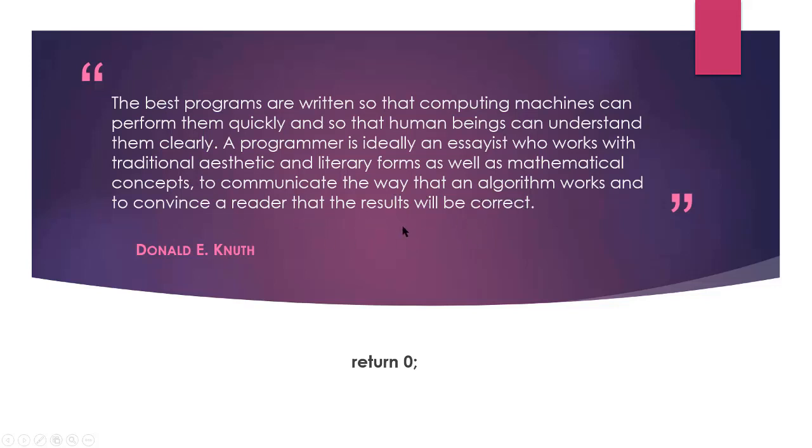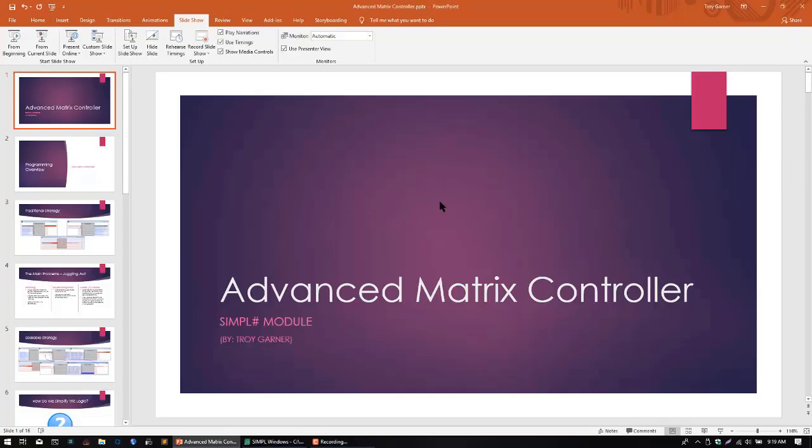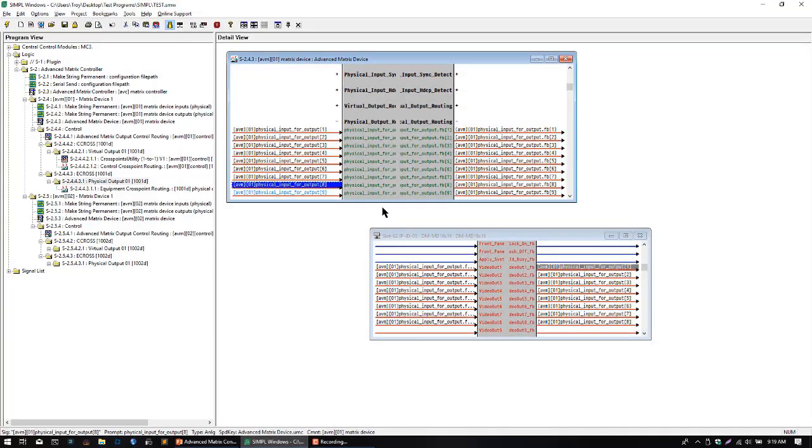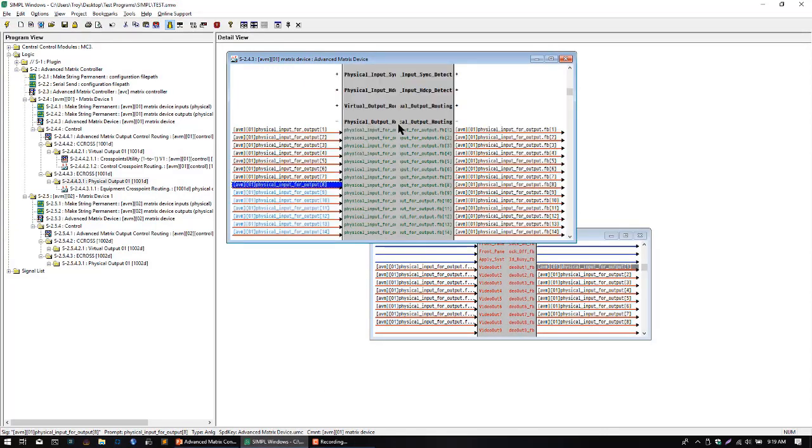So in other words, you're providing more of a guarantee to yourself that the results will be expected by making the program easier for yourself and other programmers to read, and by simplifying it as well. And that is all. Before we close this recording, I just wanted to demonstrate the organization that these modules can provide